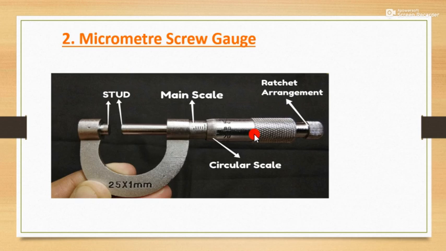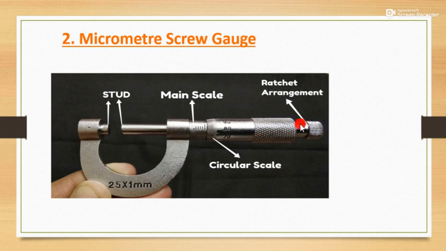Then we might use a vernier caliper, but this is also not applicable, as it does not give an accurate result for the diameter of hair. Then what will we do? We use a micro screw gauge, which has the smallest least count to find the object's length. If the object is too small, we use a micro screw gauge.